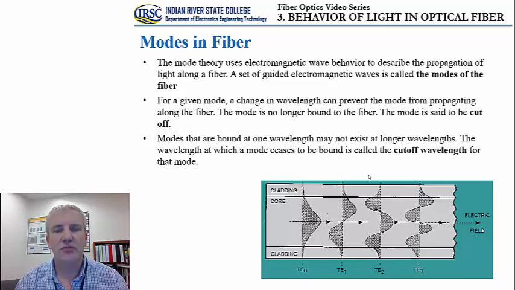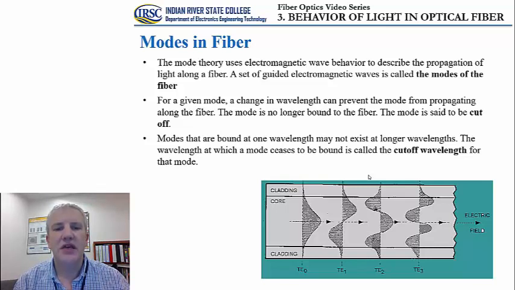As we already mentioned on the previous slide, the mode theory is using electromagnetic wave behavior to describe the propagation of light along the fiber. A very complex set of mathematical equations called Maxwell's equations is used to describe these so-called electromagnetic waves or modes. It turns out that there are very different types of modes. There are modes that are called TE or TM modes, and each of these have very specific properties with different